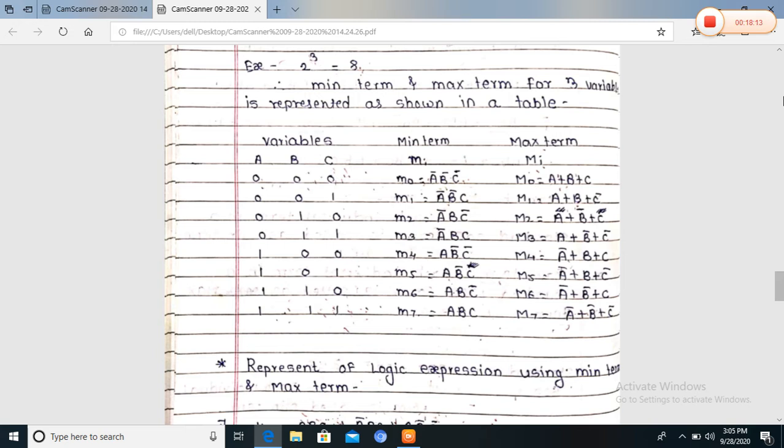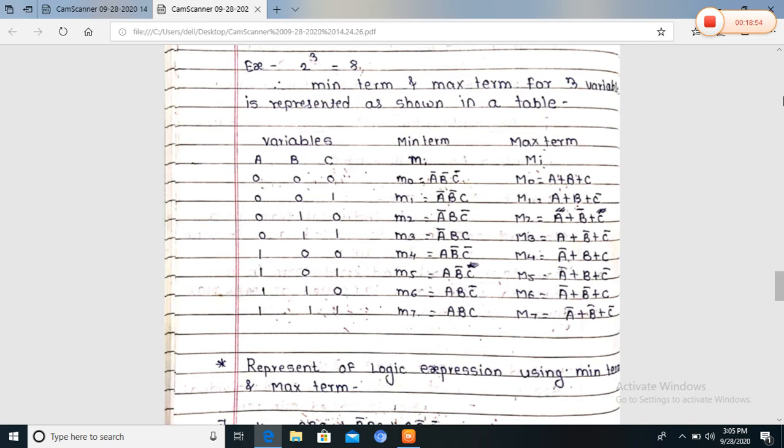A minterm is each individual term of SOP. Each individual term of standard SOP is represented as a minterm, and each individual term in standard POS is represented as a maxterm. So in a maxterm there is a capital Mi. So for 000, this term is a plus b plus c. In this maxterm, if there is a 1, then for that 1 we consider it as a bar. For 0 we consider it as a bar in a minterm.